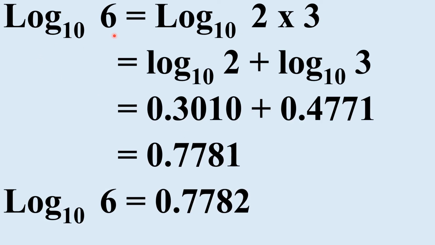The value of log 6 you can find out without using the logbook, provided you remember the value of log 2 and the value of log 3 and also the laws of logarithm. So this log 6 can be written as log 2 into 3. This log 2 into 3 can be written as log 2 plus log 3. The value of log 2, you should remember, is 0.3010, plus the value of log 3, you should remember, is 0.4771. So add these two, you will get 0.7781. Through the book, if you find out the value of log 6 is 0.7782, the difference between these two is negligible.